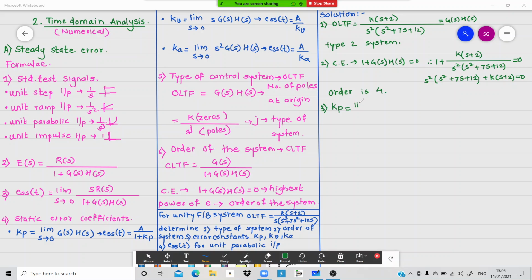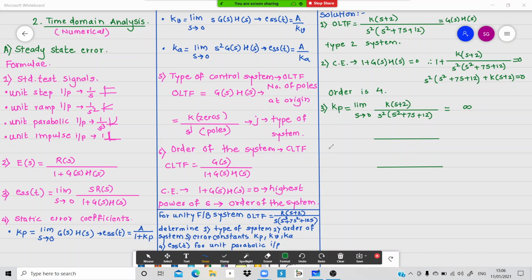Limit s tending to 0 of G(s)H(s), which is your OLTF, which is given over here: K(s plus 2) upon s square plus 7s plus 12. So very well clear, s tending to 0,